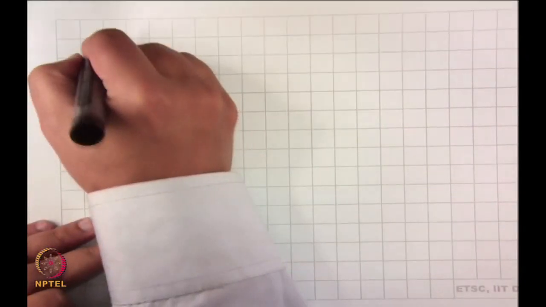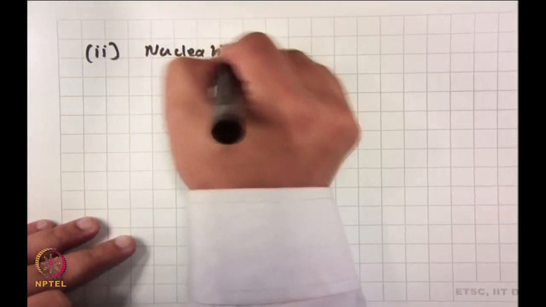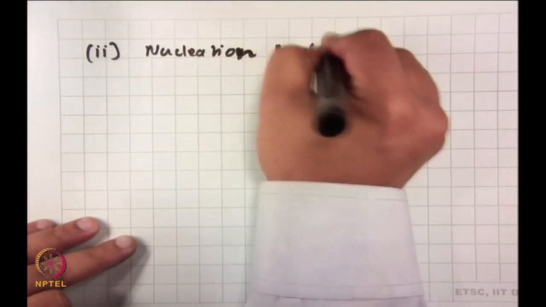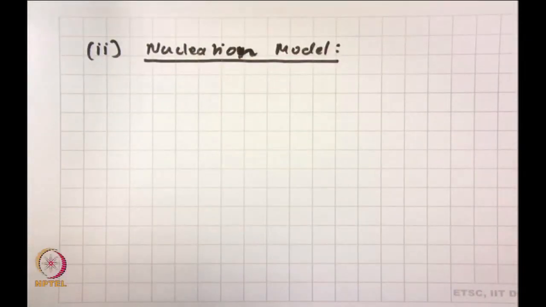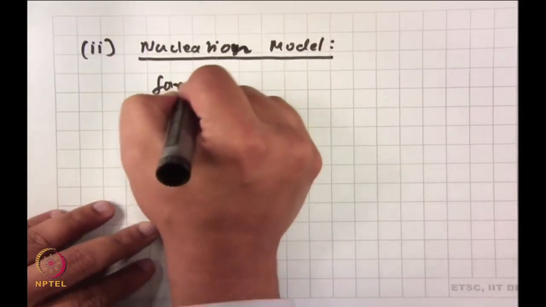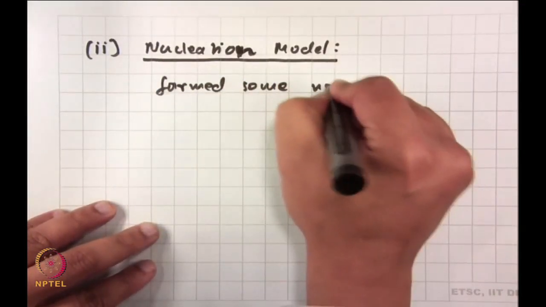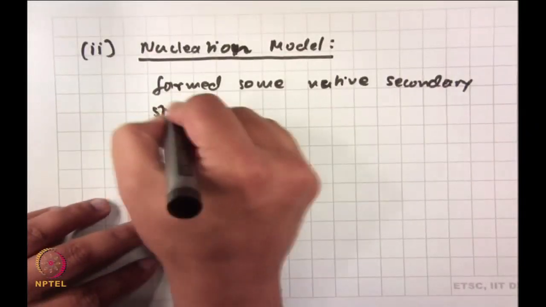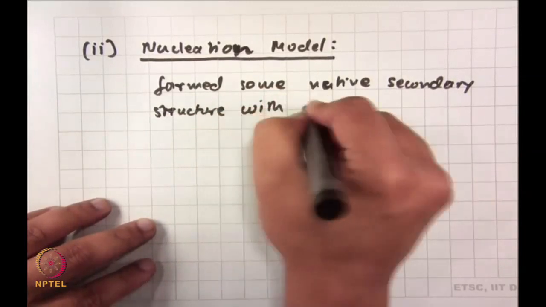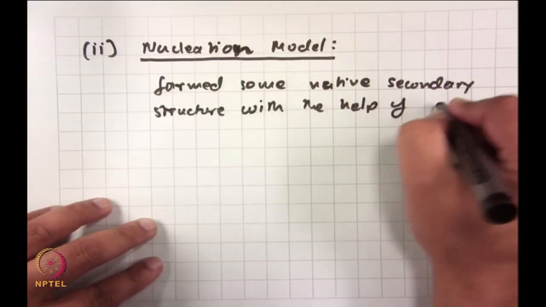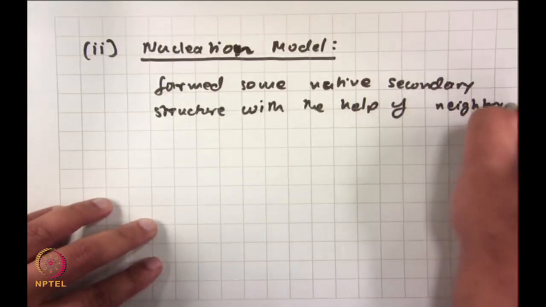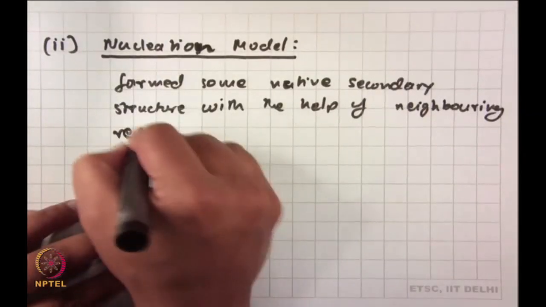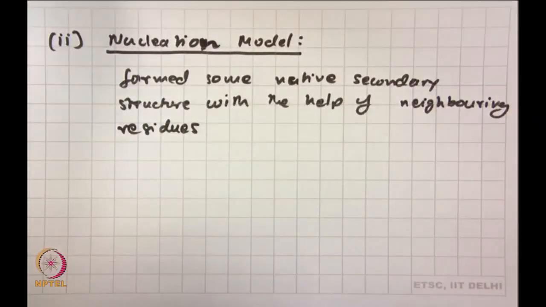So, the next one was the nucleation model. Here what happened was the protein formed some native secondary structure with the help of neighboring residues. It formed kind of a platform, and immediately what happened was